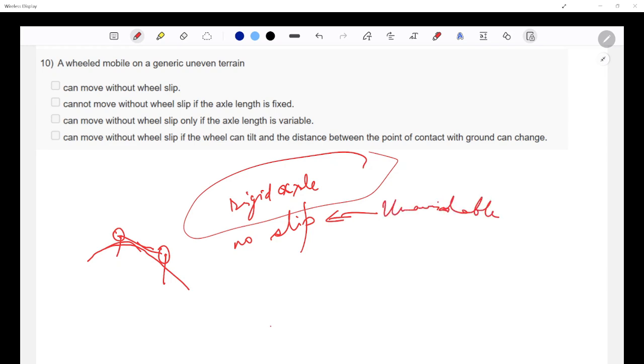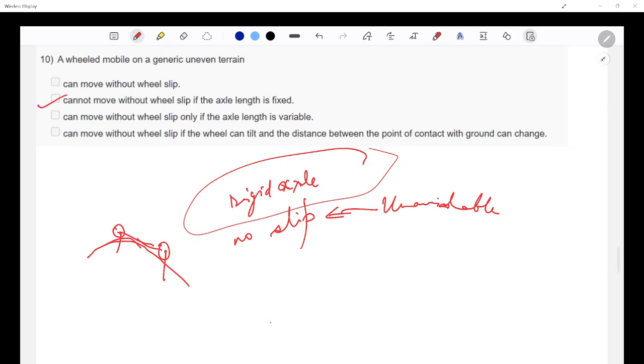So let's see the second option. It cannot move without wheel slip if the axle length is fixed. True, right? Because a fixed axle means a fixed distance between wheels, and the terrain is changing the contact distance. So slip must occur. Option 3: it can move without wheel slip only if the axle length is variable. That's true, because one of them will be able to change. This is the advanced solution. For example, if there are torus-shaped wheels or passive joints, as discussed in the lecture, it allows the geometry